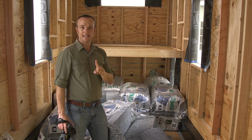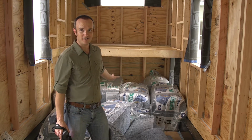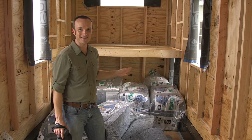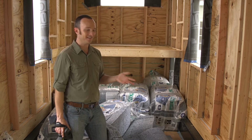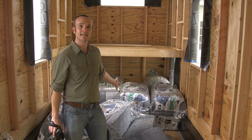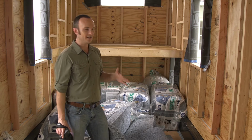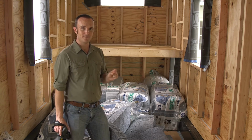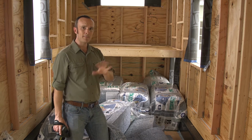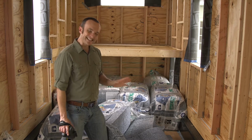So, in the meantime, what I would like to point out to you is we have a ton of insulation. All the people at my home improvement store, when I go there and check out, they all know that we're building a tiny house on wheels, and they're all asking about it all the time. I said, hey, can you believe that all this insulation is going to get installed inside my house? And they all went wild because this is a lot of insulation. Now, while it is exactly the right amount, about 900 square feet of insulation,